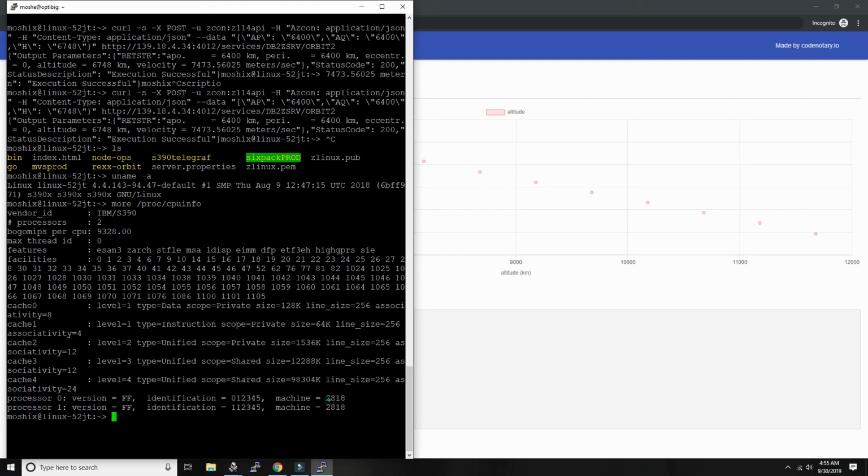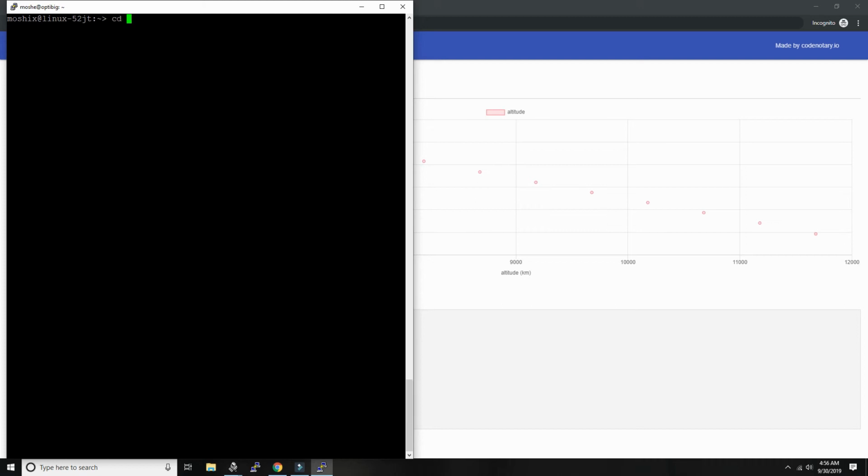So I'm running on 2 processors here. We're running this on Linux, but Linux on the mainframe is just another Linux, just more reliable. And what I did is